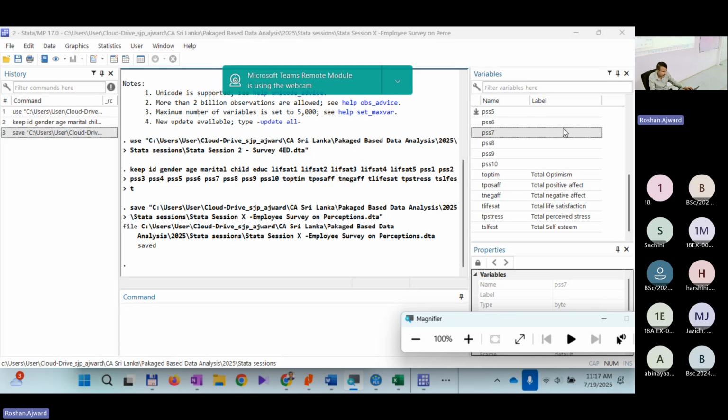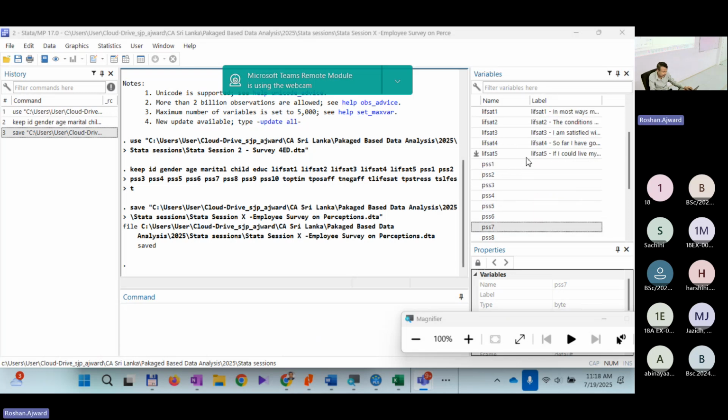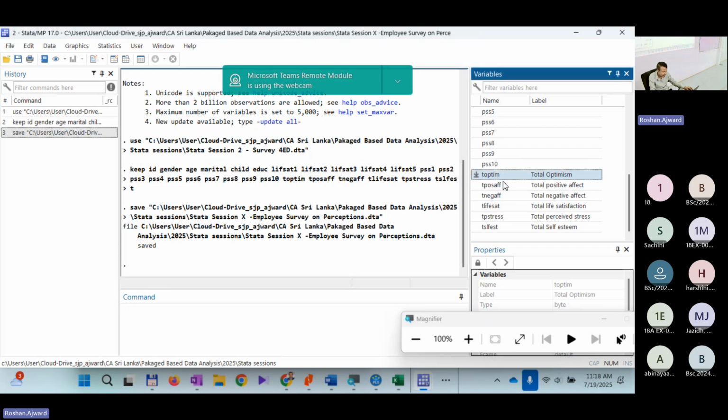You can see in this file, you can see the variables. You have the employee ID, the age, marital status, whether they have children or not. Likewise, there are several variables. At the bottom you will see that there is total optimism, total positive effect, negative effect, life satisfaction, stress, and self-esteem. Can you see those? These are their perceptions related to their stress levels, related to their positive effect, negative effect,